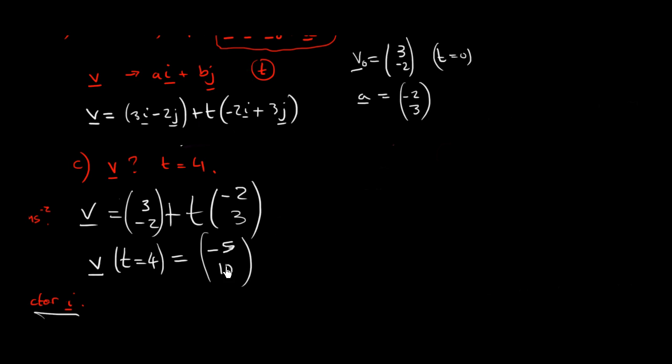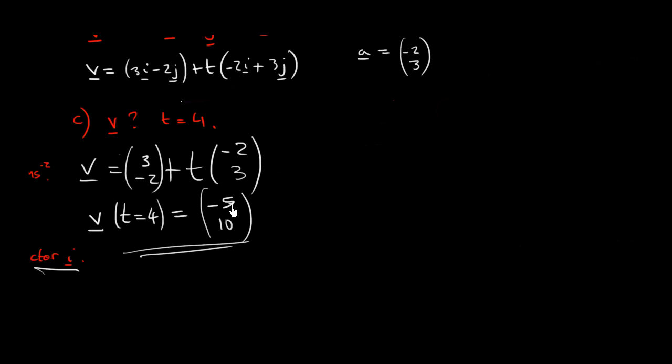So in other words, this is the velocity of the particle and its vector, well, this velocity vector at time t equal to 4 seconds, which is what part C asks of us. And part C is more interesting. It asks us to do something a little bit more demanding, and it's useful. I chose this question because of this part. It says,